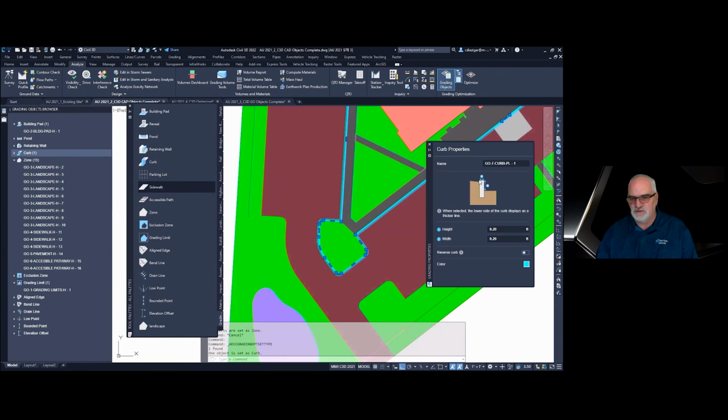So the width is here. We're going to tell it, say 2 feet, and the height we're going to say is 1/2 foot in this case. So from the low end, it's going to be 1/2 foot to the top.